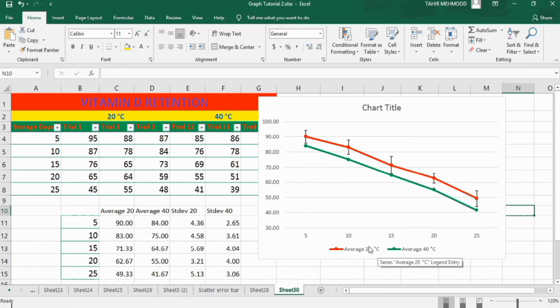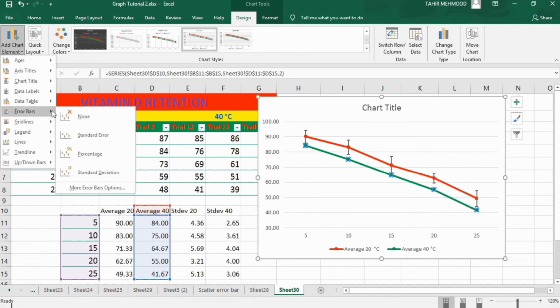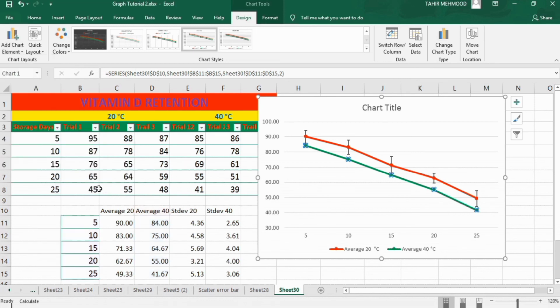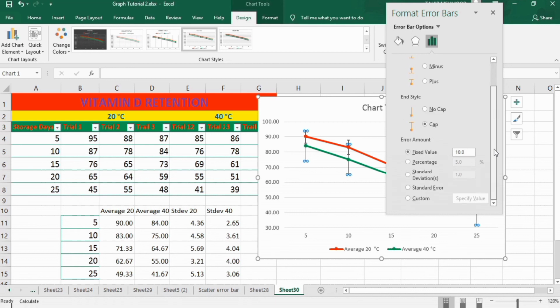Now I want to insert these error bars on this data series, which is the 40 degrees centigrade. Now click on any marker on 40 degrees centigrade and follow the similar step. Go to chart element, and in error bars go to more error bar options, and I have already explained this one. Scroll down and click on custom, and again click on specify values.